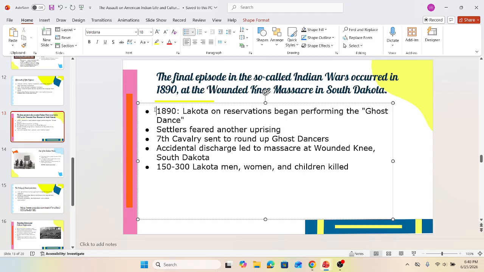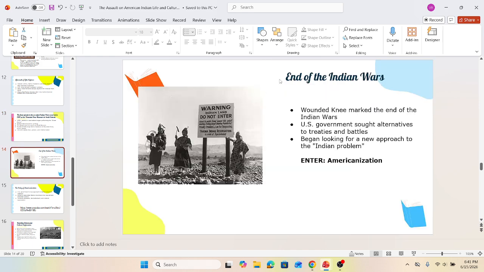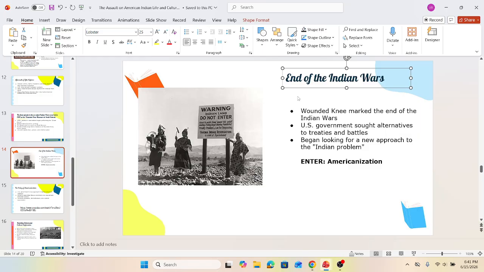And I find it disturbing enough that we don't know, was it 150 or 300? One of those numbers is double the other. And it was so hidden, covered up, and swept under the rug, we don't even know for sure. And so this series of events ultimately led to the end of the Indian Wars. The U.S. government began to seek alternatives to treaties and battles. This wasn't working. They began to look for a new approach and policy to the quote Indian problem,